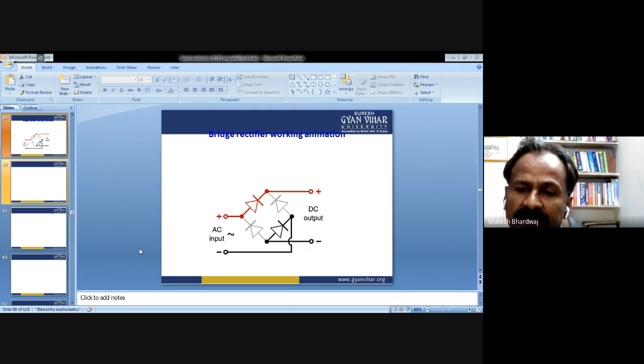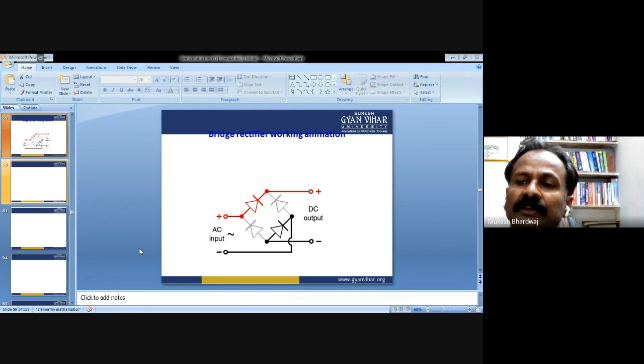After doing the calculations, we come to the ripple factor. When we calculate the ripple factor, we find that it comes out to be nearly 0.236 RL upon omega L, which is very small. For a full wave rectifier without a filter, gamma comes out to be 0.482, and with the inductor filter it is much smaller.